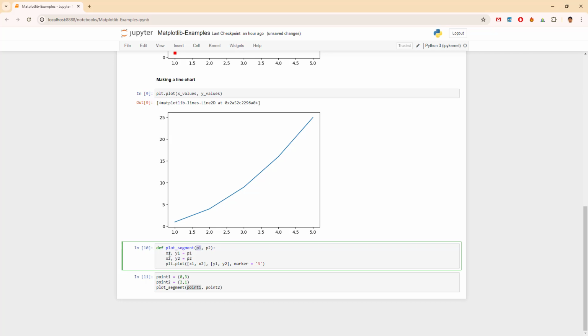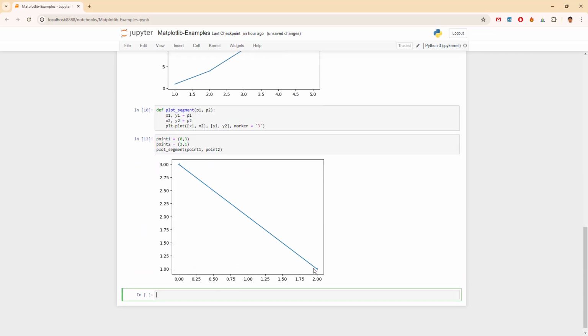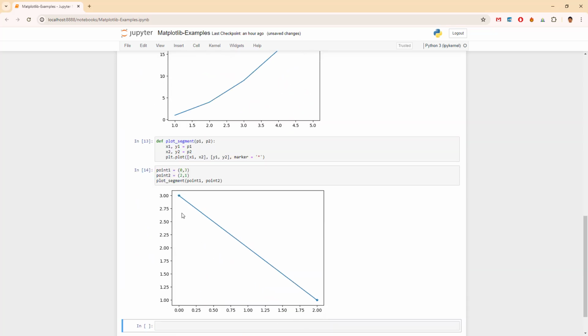and it would be split to x1 and y1 in order to be point 1, and then x2 and y2 would be point 2. Anyway, let's take a look what will happen. Yeah, this is what happened, and these are our endings because of the tree. If we use a star, it would be a bit different. We would have a star for plotting the segment. Yeah, as beautiful as this,